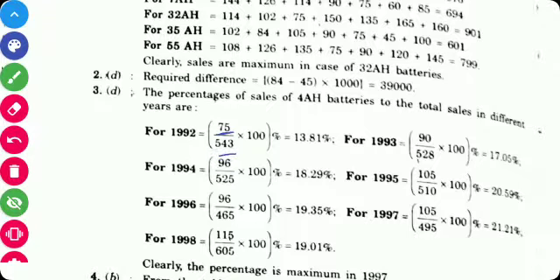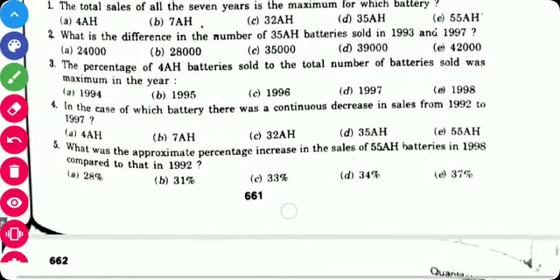So 75 upon 543 into 100 is 13.81. For 1993 it is 90 upon 528 into 100, so it is 17.05. So we have to calculate the percentage for all the years for 4AH batteries, and by observing this, for 1997 it is the maximum percentage. So the answer for this question 3 is D,